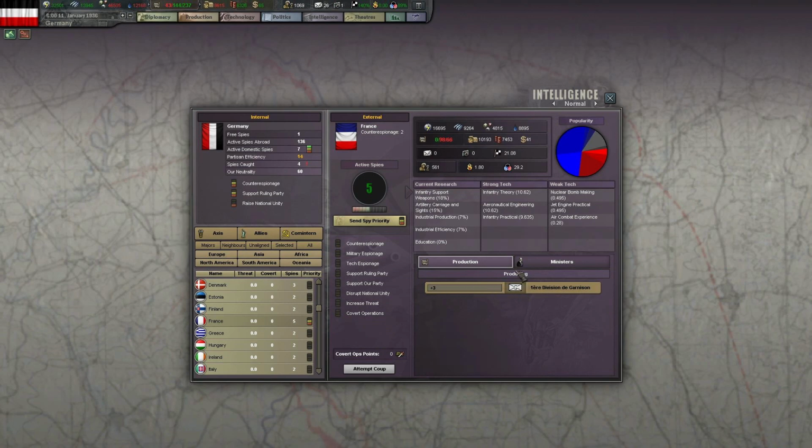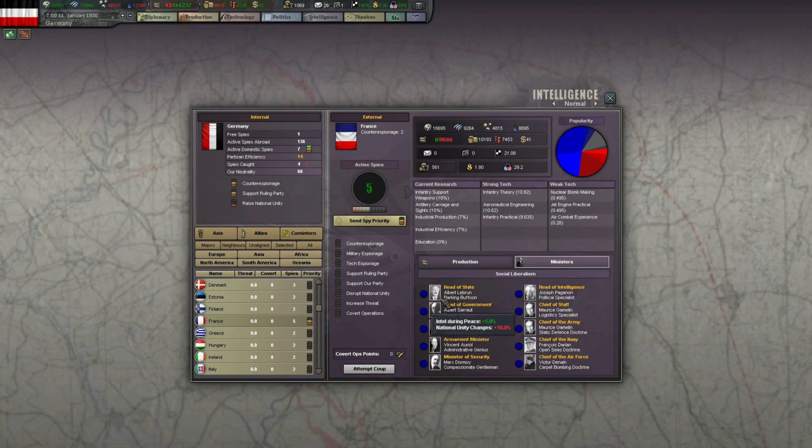So these guys are creating garrisons. Albert Le Brun, Albert Sarraud, Flandin, Francois Darlan. Yeah, pretty tough choice to make, isn't he? Chief of Staff, Gamelin. So Gamelin is Chief of Staff and Chief of the Army, so...